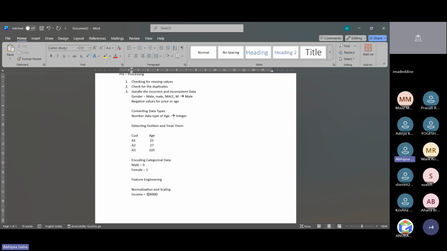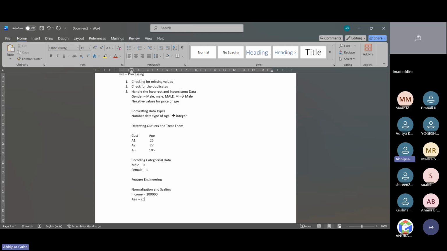And other data that we have, like the age, is around 25, right? So this is not coming in a single range. In that sense, we can scale them so that we are on a similar scale. That is the major thing. So why are we doing scaling? Scaling ensures that a large valued feature doesn't dominate the analysis of the other ones. That is the reason we do the scaling.